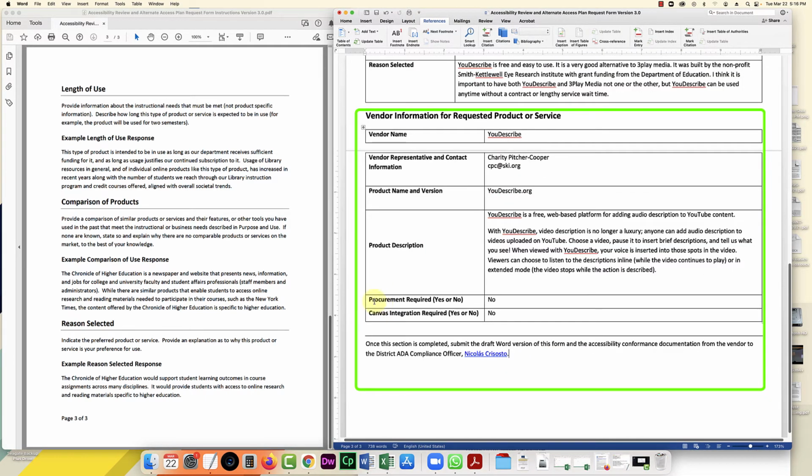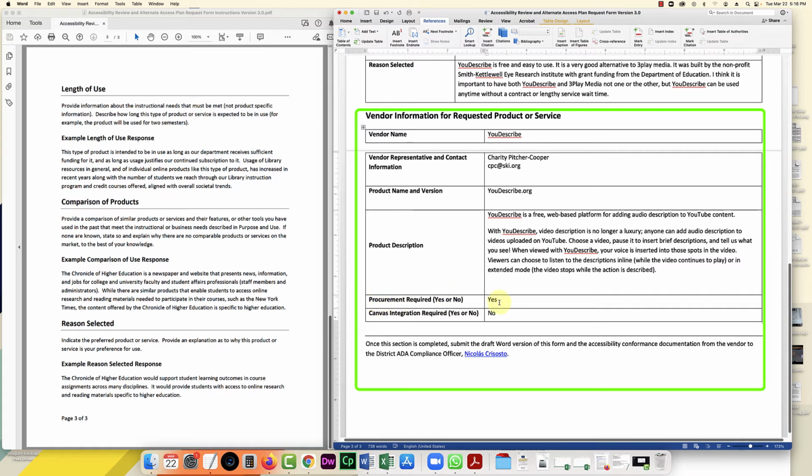And that takes us to this section, which is procurement required, yes or no. And I wrote no, but I need to change that to yes. Every piece of software that is going to be requested has to go through the procurement process, even if it's a free service or a trial, anything, it all has to go through this process.